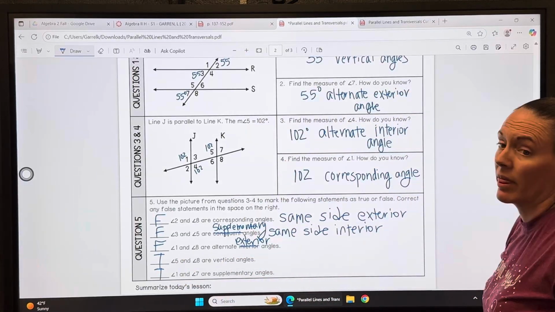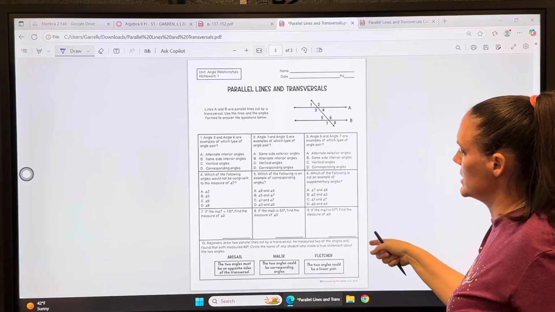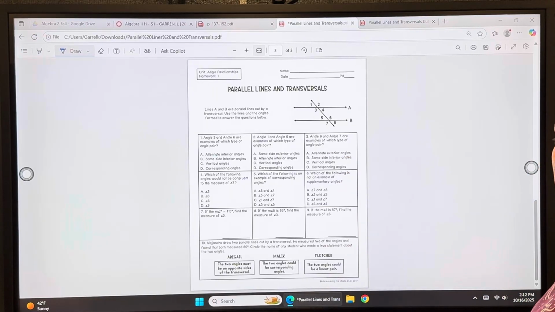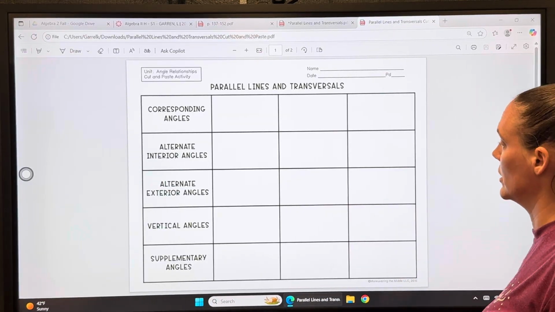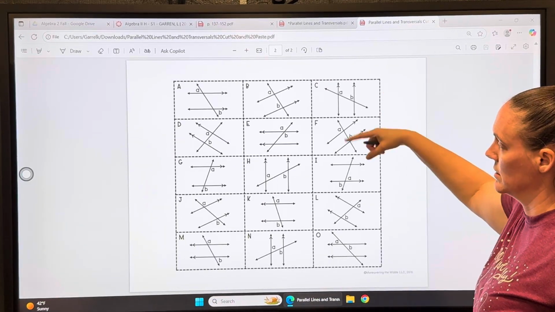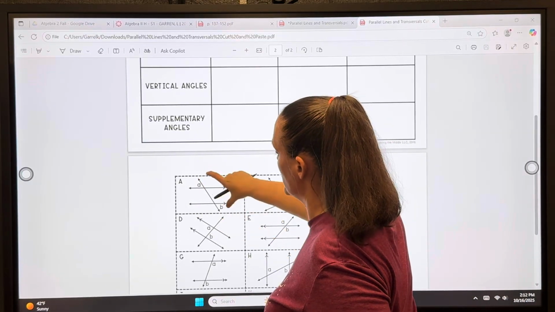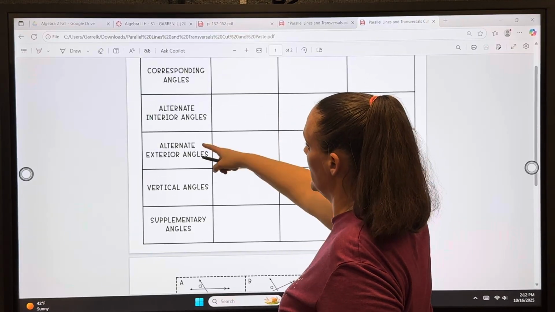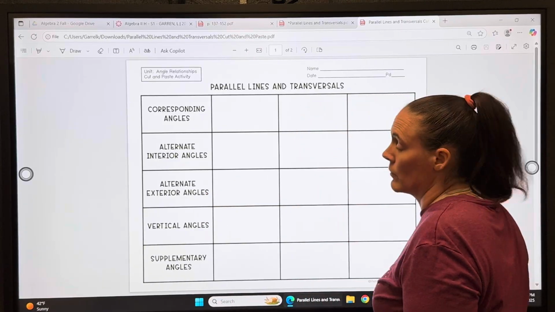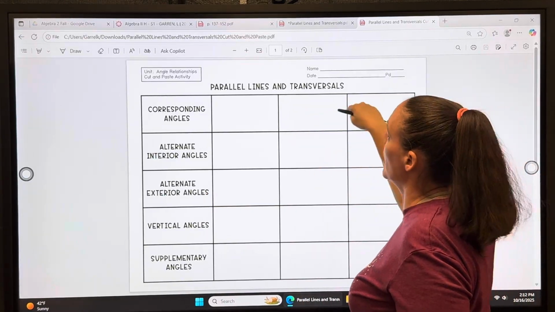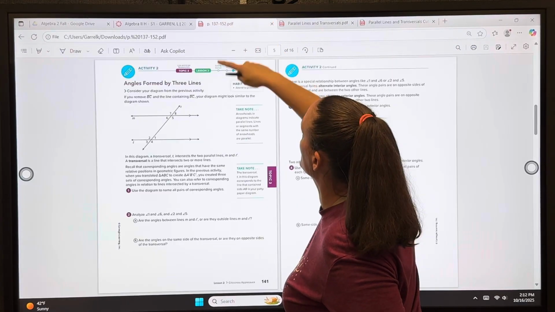There we go. That's what you're doing today. When you look at this page right here, you're using that to solve these kinds of problems. I would like you to use the terminology correctly. You're going to practice the terminology here by putting the correct ones. Like A is on opposite sides, so they're alternate. Outside, so they're exterior, so that would be alternate exterior. Alternate exterior would go right there. Okay, use all of them, I think. I'm gonna save that one and I'll load it on your Canvas page. And then I wanna look at